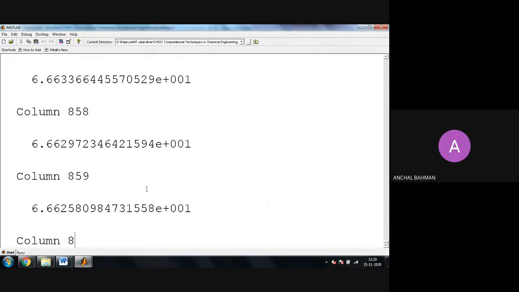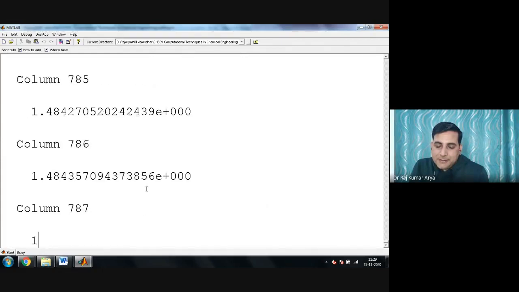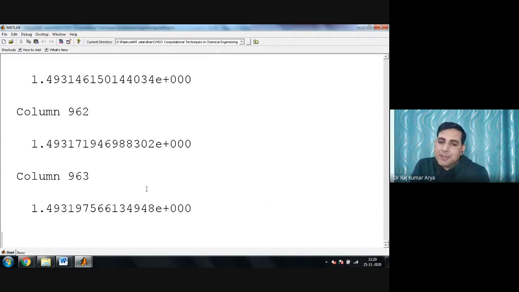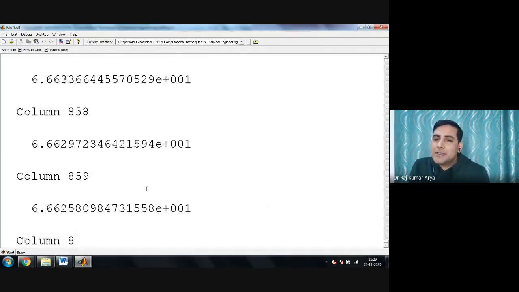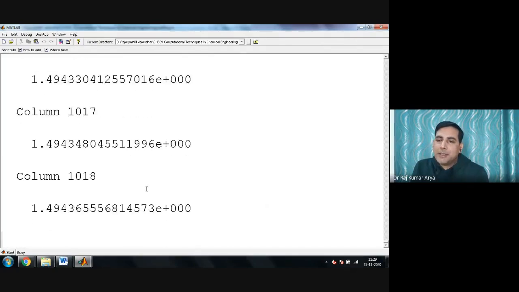Sir, why wasn't it working for the step size of 0.1? In Matlab, why was the answer coming out complex? Because once a number becomes minus, then it goes complex, the root of minus something.